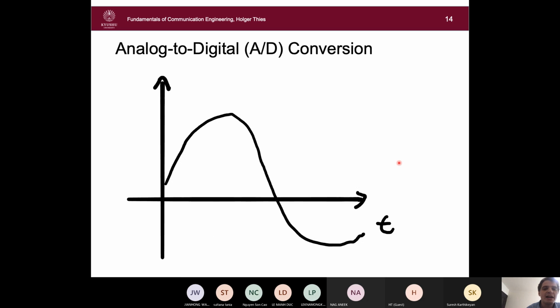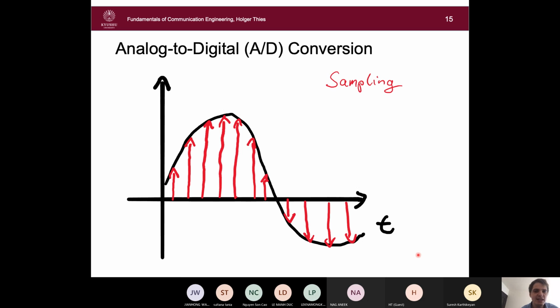So an important thing we can do is change an analog signal to a digital signal that we can use to recover the original analog signal. This is called analog to digital, or AD conversion, and that means we are given some analog signal like this, and we want to get a close digital approximation of the signal. This is usually done in two steps.